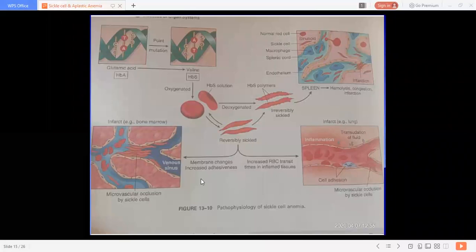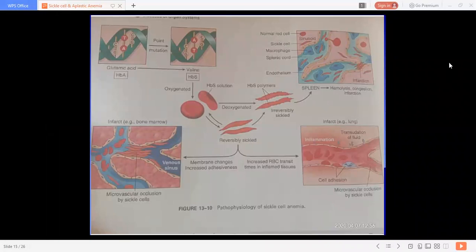Okay, you understood? Yes ma'am. Okay, so we will stop this lecture today, and we will continue the lecture from Monday. If I get any time on Saturday, we will discuss these points. If there is any query about conjugated and unconjugated bilirubin, or the other part, that is thalassemia, we can discuss thalassemia on Saturday, or we will take it on Monday directly. Okay, is that okay for you?